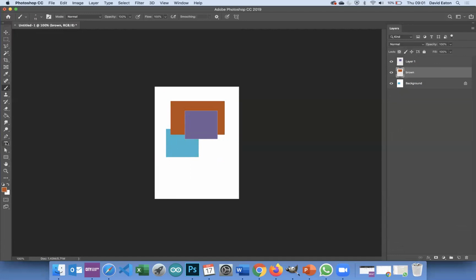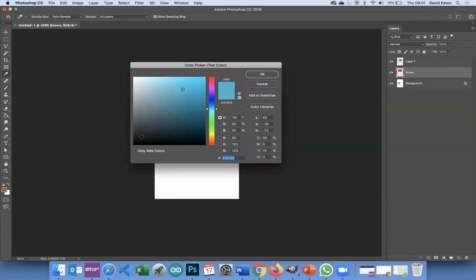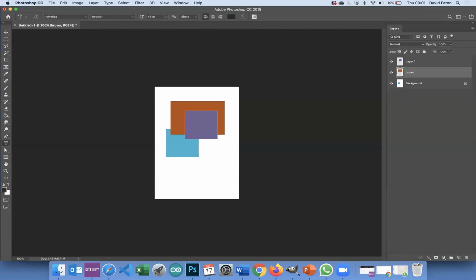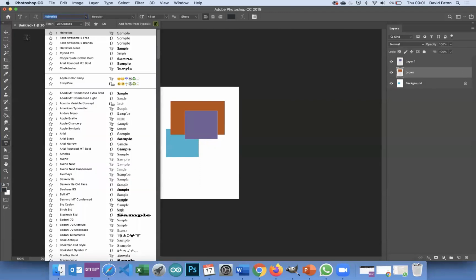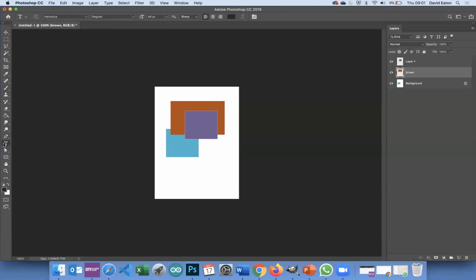Finally, a special kind of layer. If I go into the text tool, you'll see up here, I've got a range of text options. I can go and choose a color. I can do all my usual selections of different font families, etc., up there. And if I click down into here, I can then start typing,